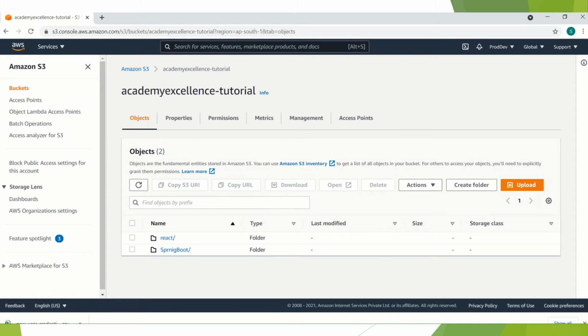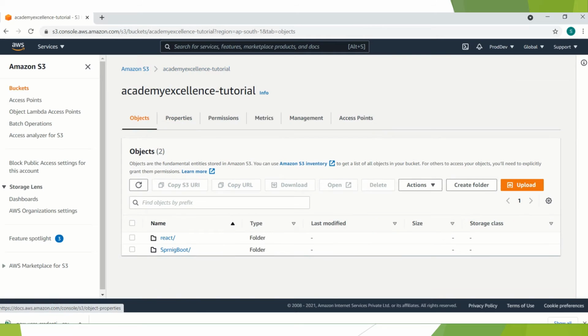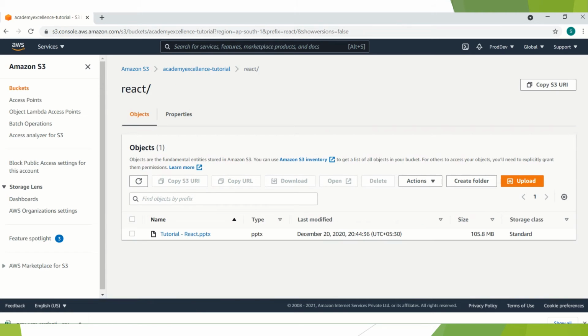I generally use this bucket to keep my videos or tutorials. There are two folders: Spring Boot, where we have 5 videos, and in the React folder I have 1 video.